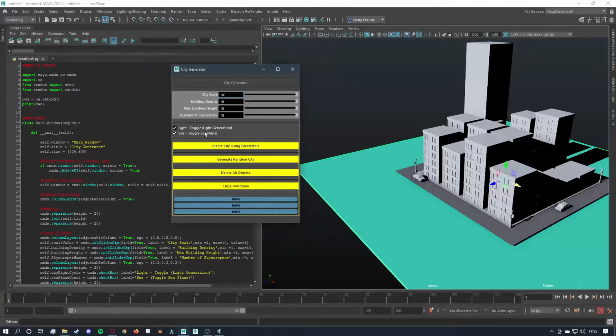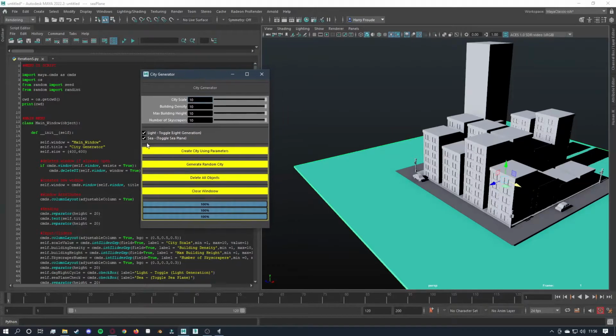This is the light toggle. This allows the user to toggle lights on or off before the city is generated. If the user decides to have lighting in the city environment, they can simply toggle on the button and then generate the city. The lights will generate in a random direction, so this will give some variation in the lighting